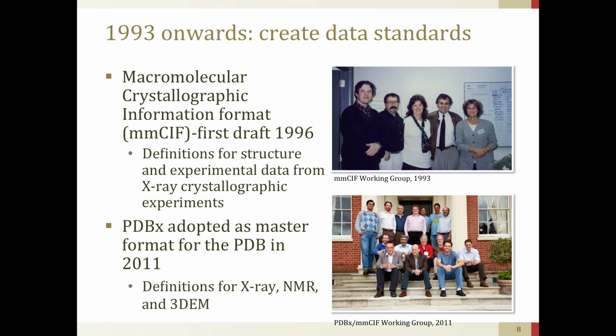As the number of structures began to increase, it became apparent that we needed to enable a round trip of the data that comes out of refinement programs, goes into the PDB, comes out of the PDB, goes back into refinement programs, into structure determination packages. And the way things were, a lot of people spent a lot of time doing format conversions, and it was really a waste. So we had a meeting in 2011